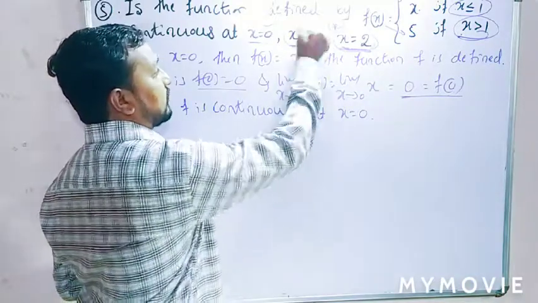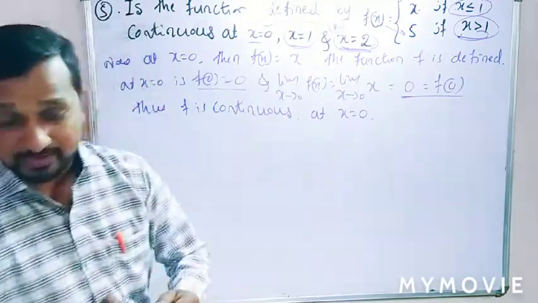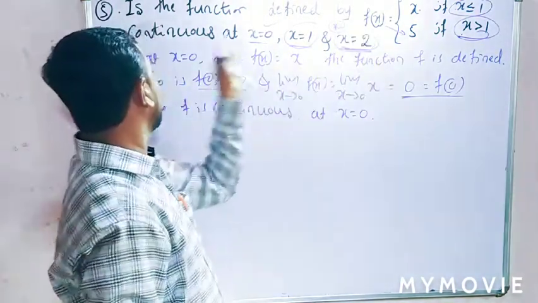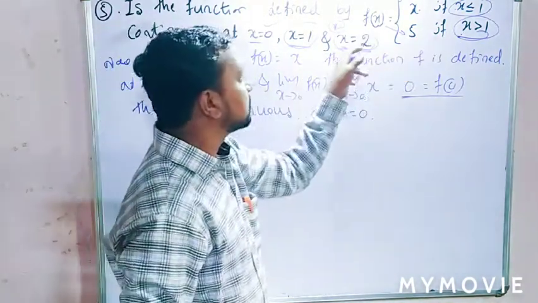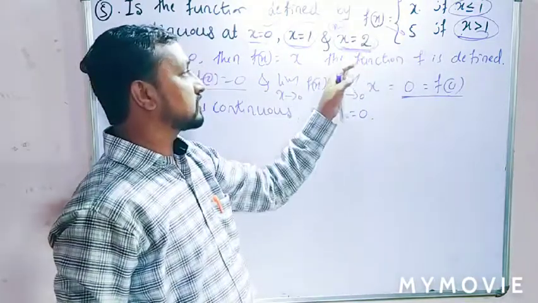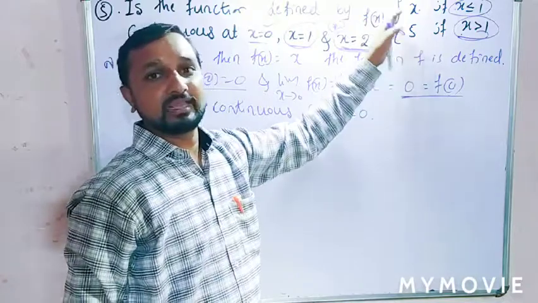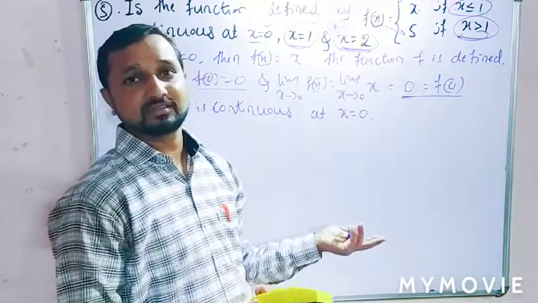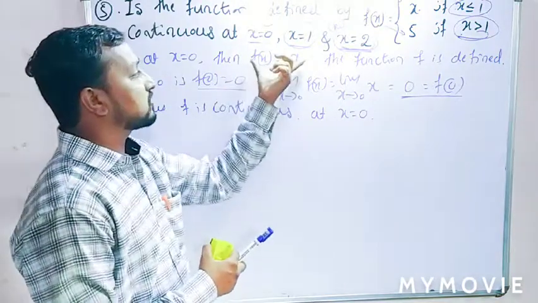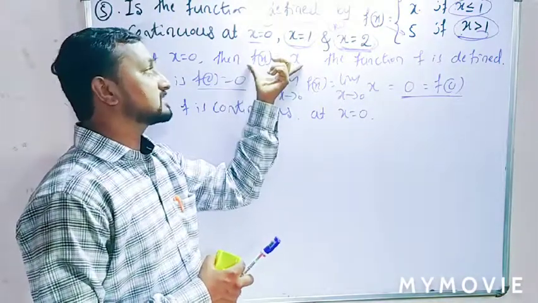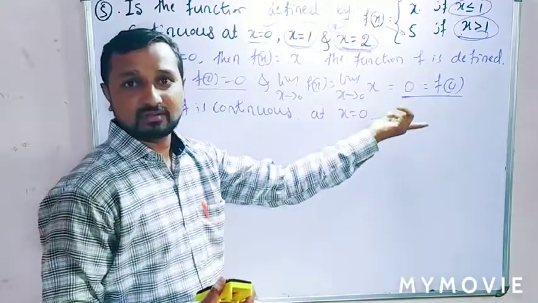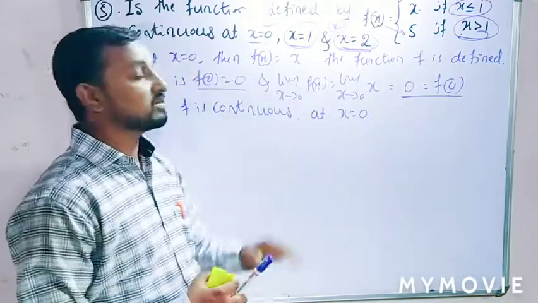And at x equal to 1 I can solve. It is the same procedure as it is, not a problem. Here at x equal to 2, the function f of x equal to 5. Directly, f of x equal to 5 is a constant function. Every constant function is continuous, obviously. That's all. Or here also I can write f of x equal to x. f of x equal to x is the identity function. So every identity function is continuous. That is also okay.